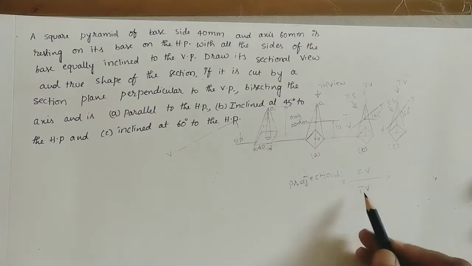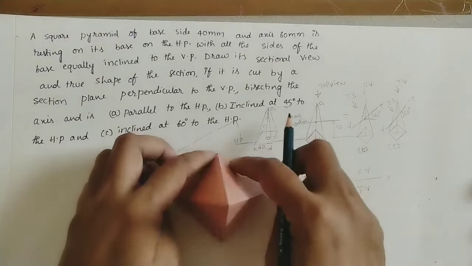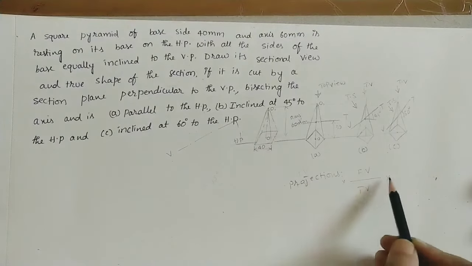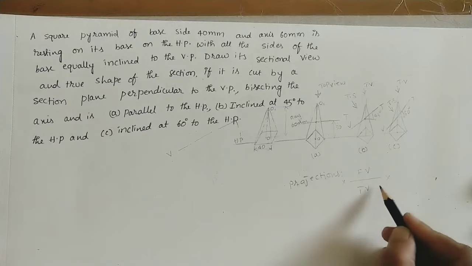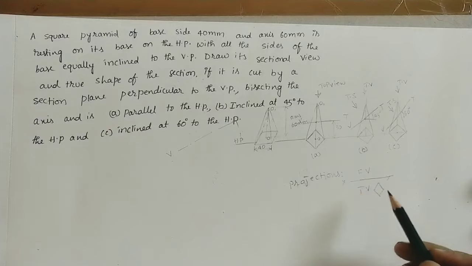So initially we will do the top view. As we know, this is a pyramid. In the top view, the pyramid is looking like a rhombus. Initially we will do that one. Take the XY line of some length. Below it, do the top view like this. This gap from the reference line to this square has not been given. We can take any gap. Let us do the XY line of some length.